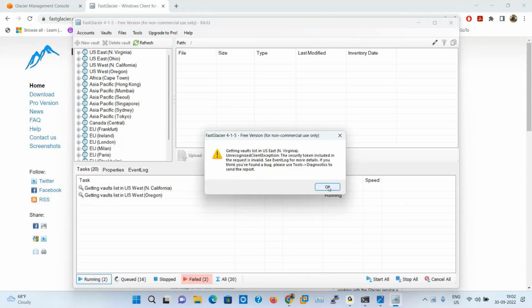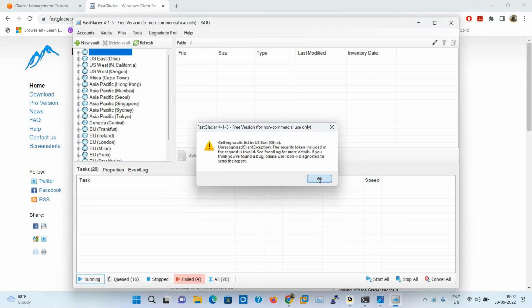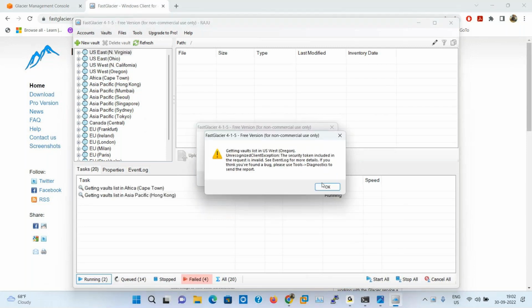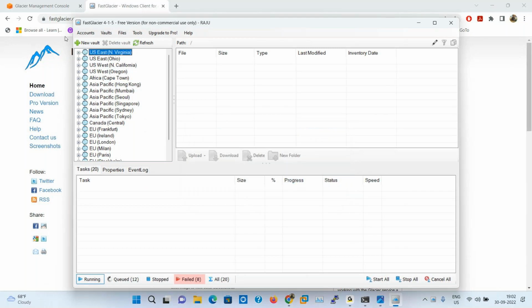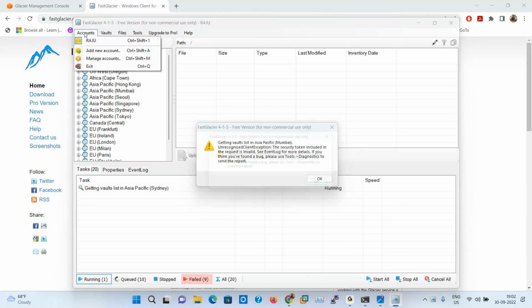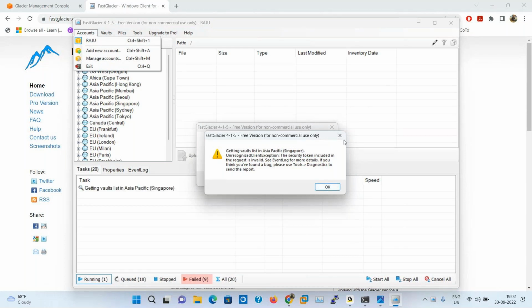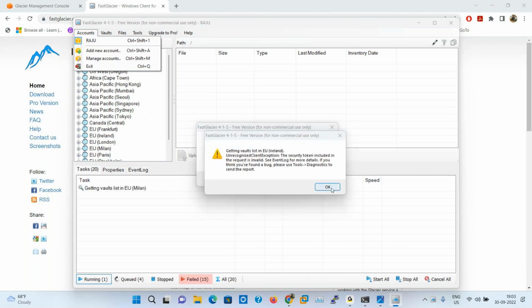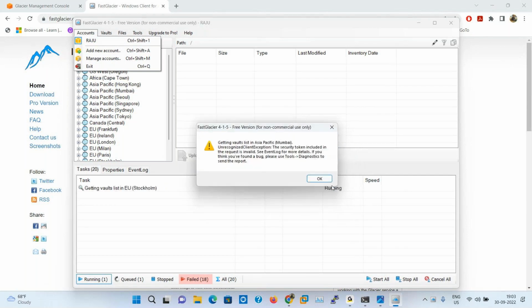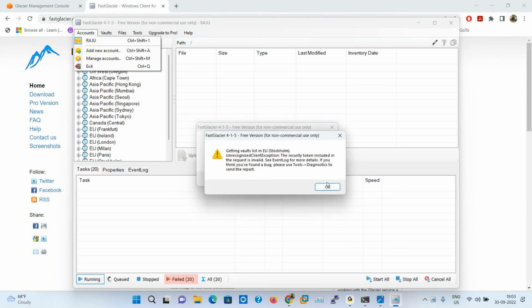So how to add the account? Here is the account option. I already added one, but you are not getting the regions. That is the problem here. No issue.